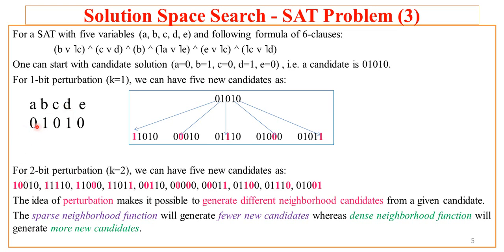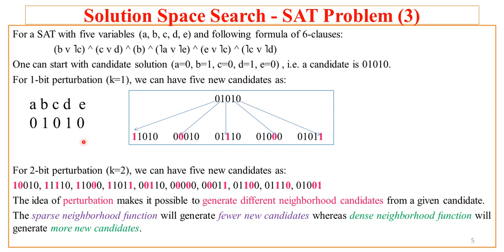So it will change A and B, it will change A and C, it will change A and D, and it will change A and E. So it will be something like this. A and B is changed, so A was 0 and B was 1, so here it is 1 0 instead of 0 1. Now next time A and C will be changed. Here A is 0, C is 0, so in the next child the remaining bits will be the same, except A will be changed to 1 from 0 and C will be changed from 0 to 1, like this. So this way we have change in A and D and change in A and E.